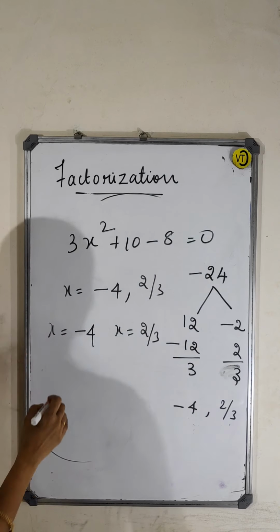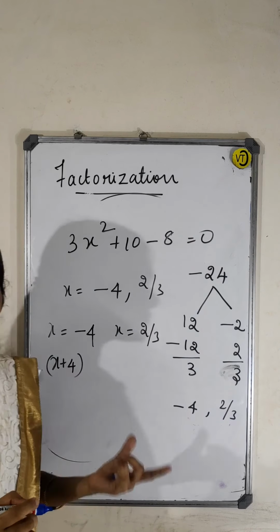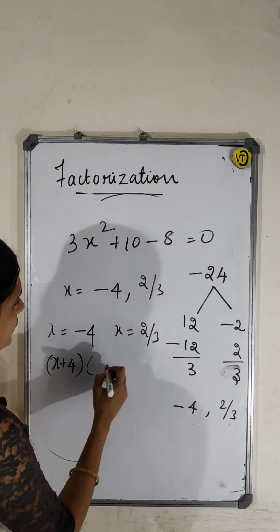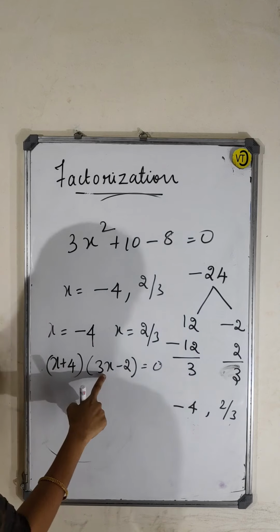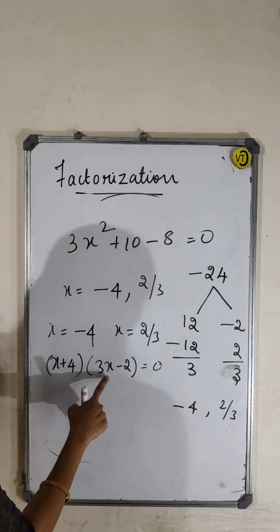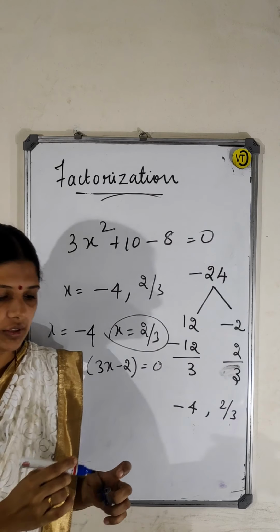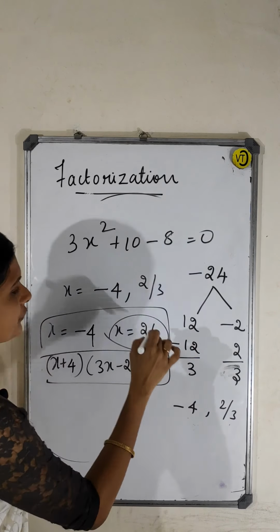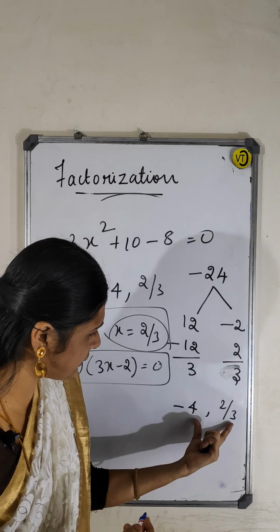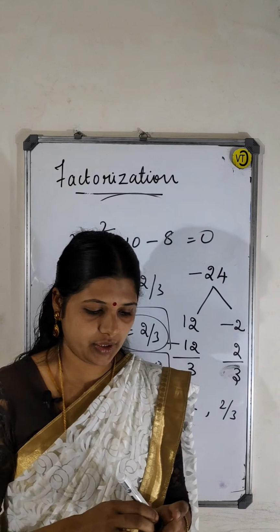You just take like this. x plus 4 is equal to 0. x plus 4 is one factor. Again, one more it is 3x minus 2 is equal to 0 then. So you just check it out, 3x minus 2 is equal to 0, 3x is equal to 2, x is equal to 2 by 3. I got the value. Right? So factors means you can write like this. If we want the value of x, the value is what you are getting in shortcut method, directly you can write it. Okay guys.